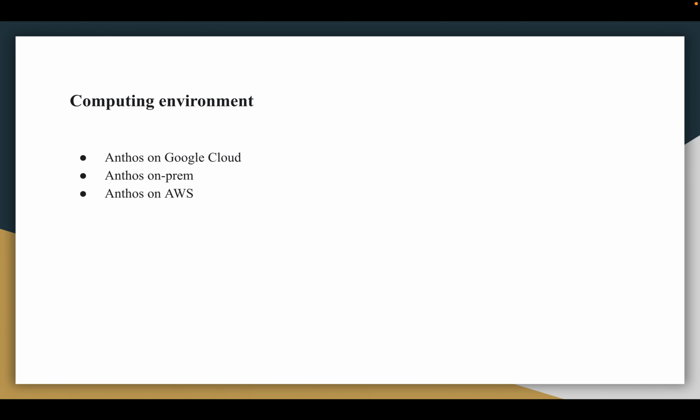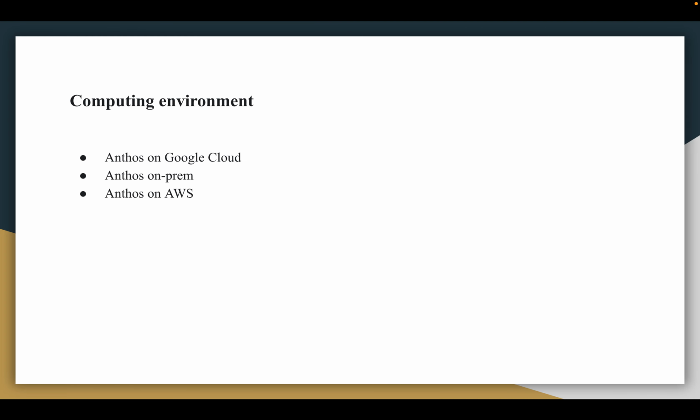With Kubernetes installed and running, we have access to a common orchestration layer that manages application deployment, configuration, upgrade, and scaling. Kubernetes has two main parts: the control plane and the node components. How the environment hosts the control plane and node components for GKE is described now. Here we are going to see first Anthos on Google Cloud, second Anthos on-prem, third Anthos on AWS. Okay, now we are going to see Anthos on Google Cloud.